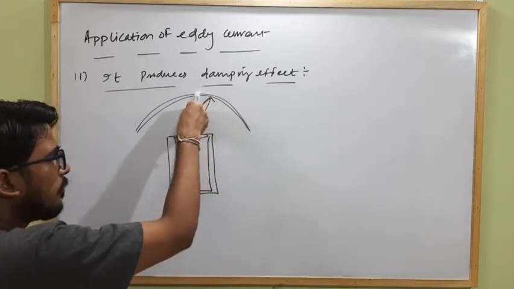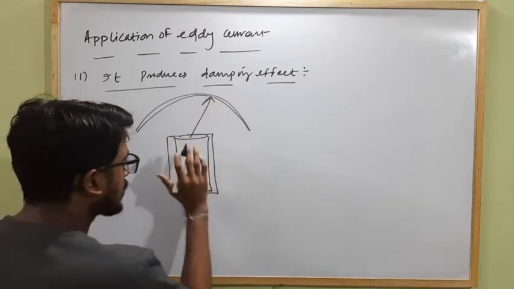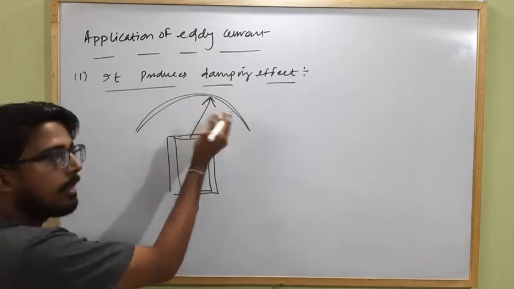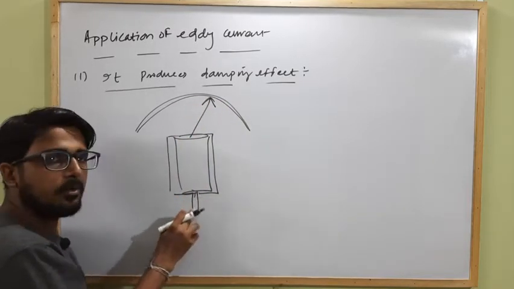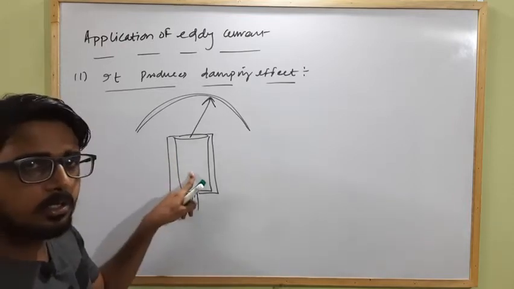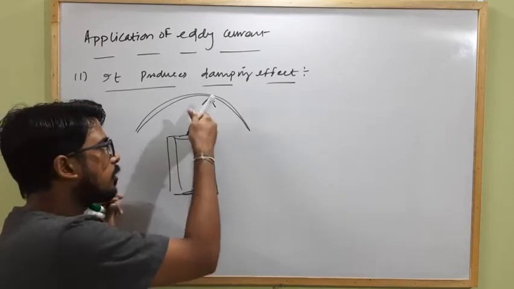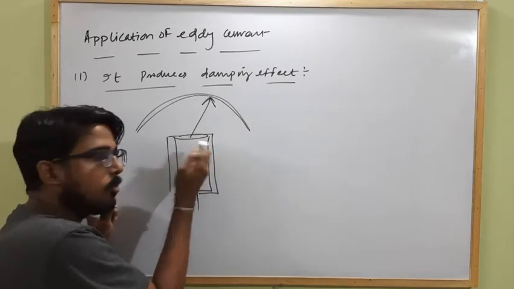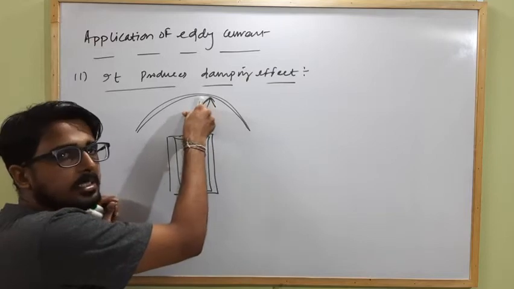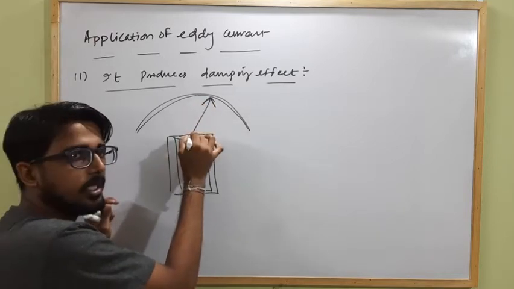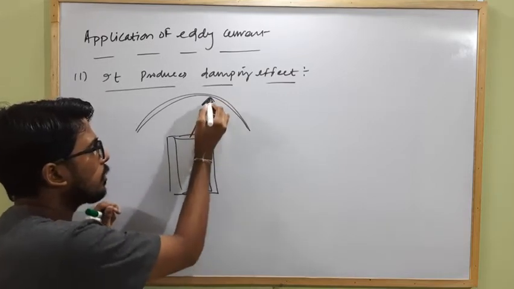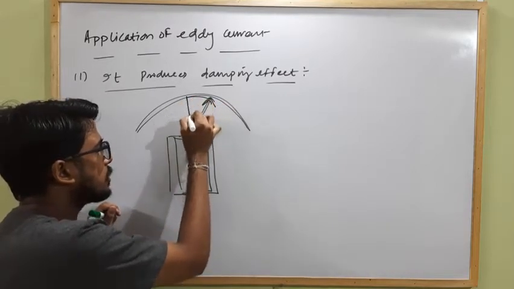the pointer starts to deflect, this coil starts to rotate, and due to rotation of this coil, this pointer starts to rotate, and as the coil rotates, it is connected with a hair spring, which produces restoring torque, and due to restoring torque, this coil starts to move towards its initial position, and then this pointer also starts to move to its initial position, and due to restoring torque, as this pointer deflects initially along this direction, it starts to move to its initial position.